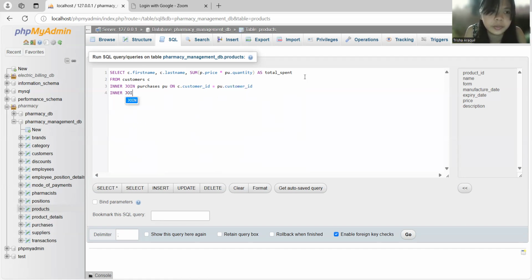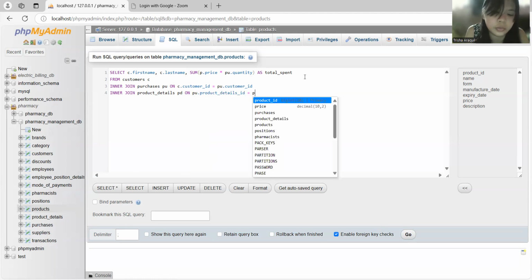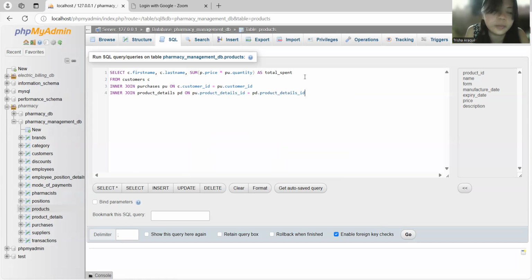Inner join the product details on the purchases product details ID equals to ED product details ID. And then inner join